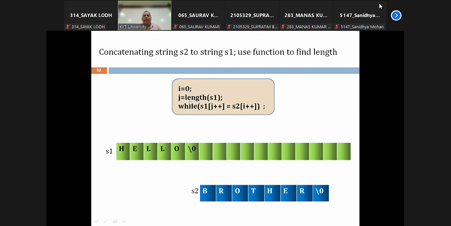Your length is available in which variable? J. Yes or no? While S1 J plus plus. Now, if you see, my J is pointing to this and I is pointing to this. I will copy S of I to this. We'll copy it. After copying, what will happen? J will be increased, I will also be increased. Yes or no? But when we copy, if it returns backslash 0,